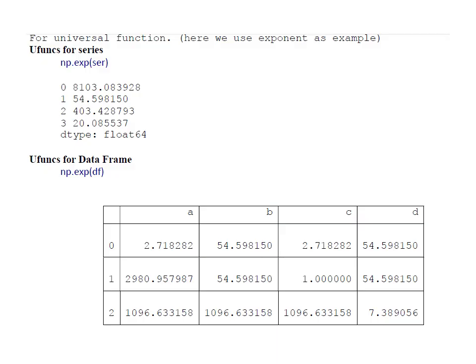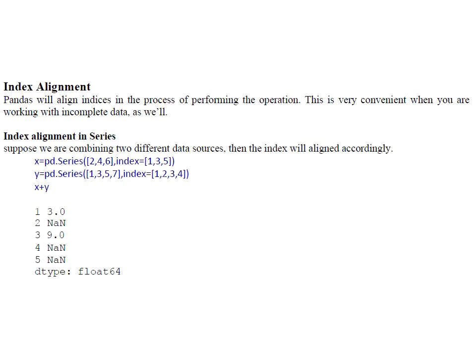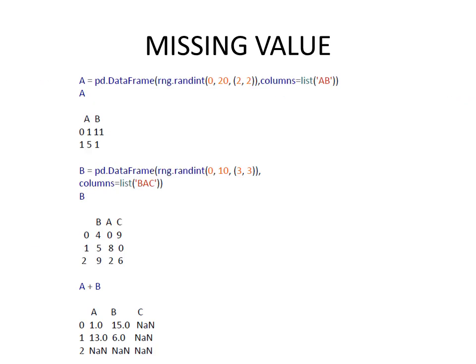Rows and columns. Next is index alignment. So index alignment for pandas, if you see, performs the operations with convenient working. With index alignment in pandas, we give a particular index with the value. So 2, 4, 6 and 1, 3, 5 each has an index value, and if we are going to add these 2 arrays, we have NaN. NaN is not a number. So how will this fill the data?